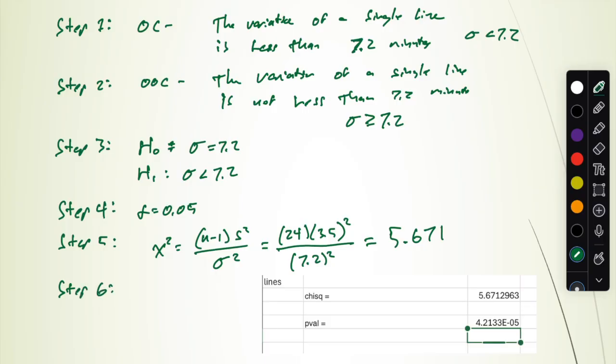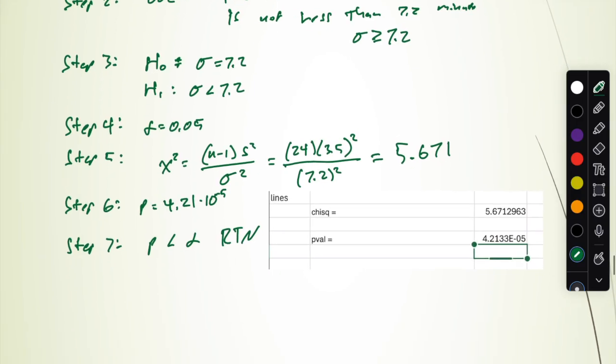Step 6. P equals, yeah, a very small number, 4.21 times 10 to the negative 5th. Step 7. P is less than alpha, so reject the null. Step 8. There is always evidence when we reject the null. There is evidence